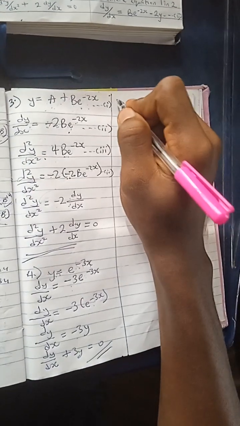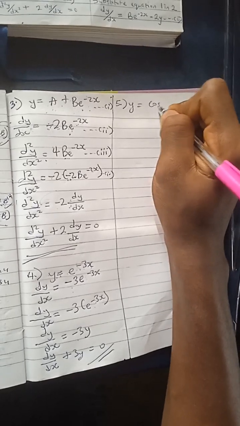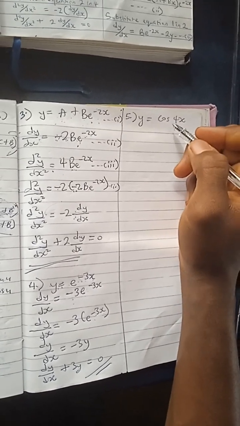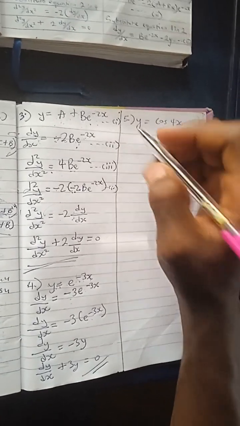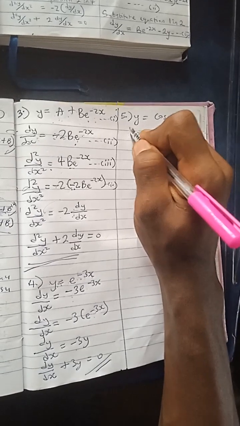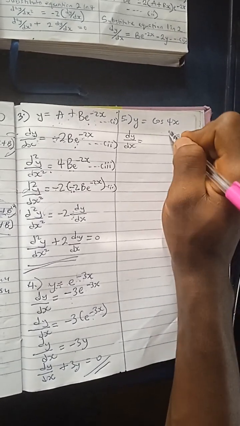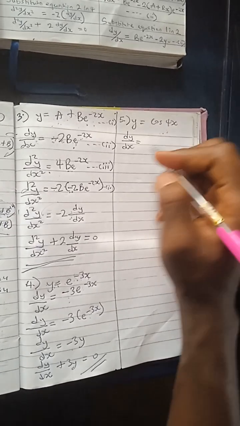Then we'll move over to example number 5. Example number 5, y is equal to cos 4x. We have no constants here, so we are to differentiate once. So if we differentiate once, dy over dx, differentiating this the traditional way will be